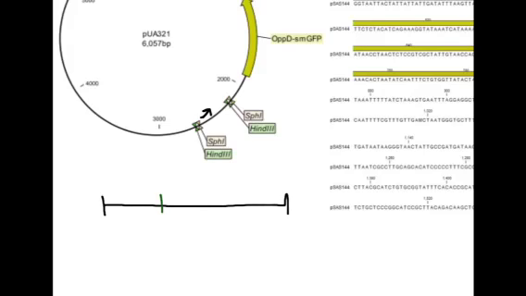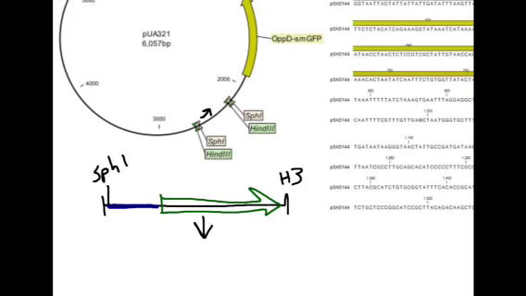where we'd have the reporter gene, we have the promoter region, and an SphI site right here at the beginning of the promoter region, and that HindIII site right here at the end. And then we can just cut this PCR product with SphI and HindIII and generate sticky ends